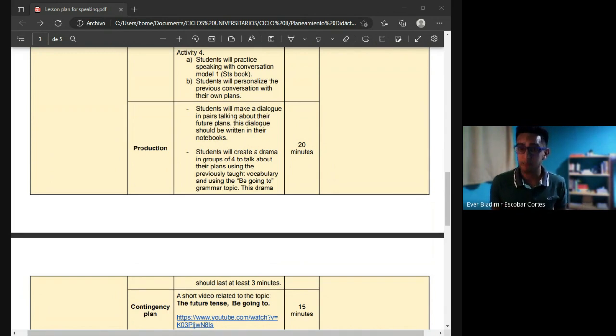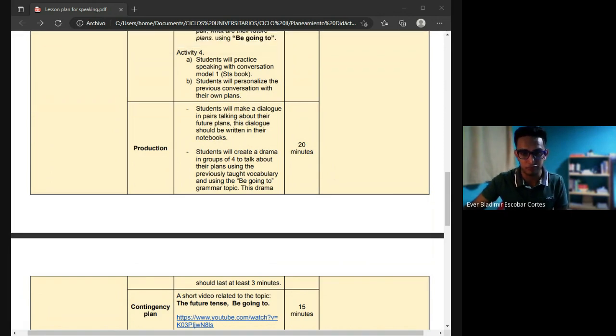At the same time, they are going to get in groups of four. This is the activity number two. They're going to get in groups of four and make a drama, right? Make a drama talking about the plans they have for the future. For example, a party, going to the beach, doing homework, but in the future, right? So they need to plan something, and then we have